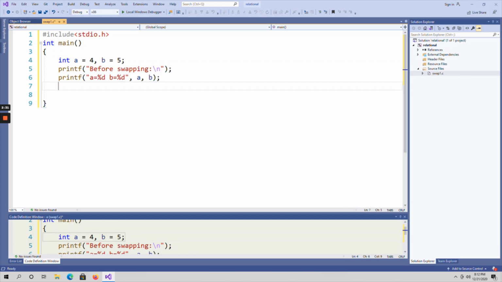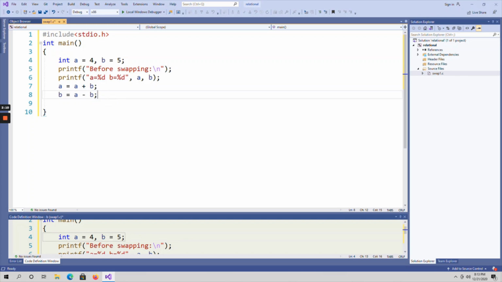See here, A equals, first of all, perform the A plus B operation. And next, B equals A minus B. First of all, I am performing the A plus B operation.